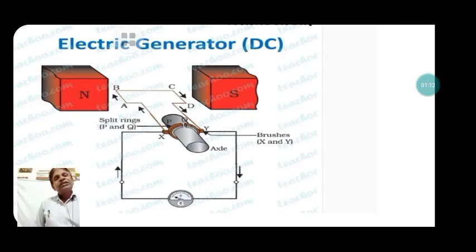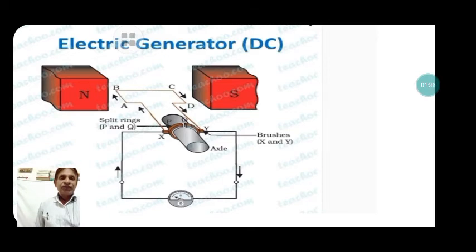That was the slip ring. There are two rings there, but here we use a split ring, that is the same ring which is bisected. It is made of copper. Here, strong permanent magnets are used to produce the external magnetic field. ABCD is a coil that is rotated along with the shaft.